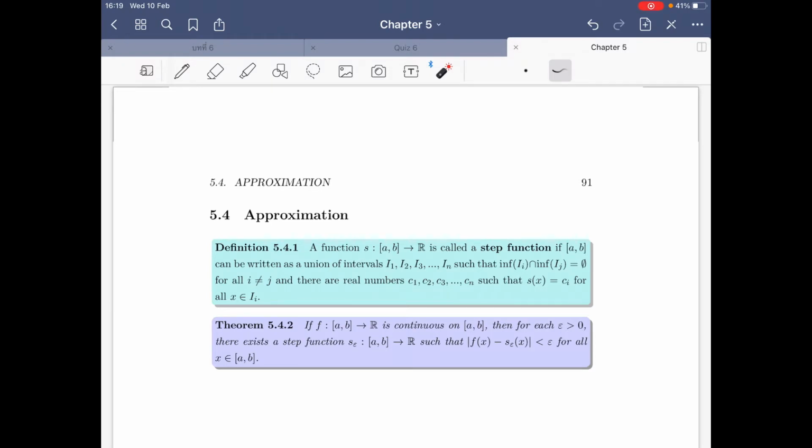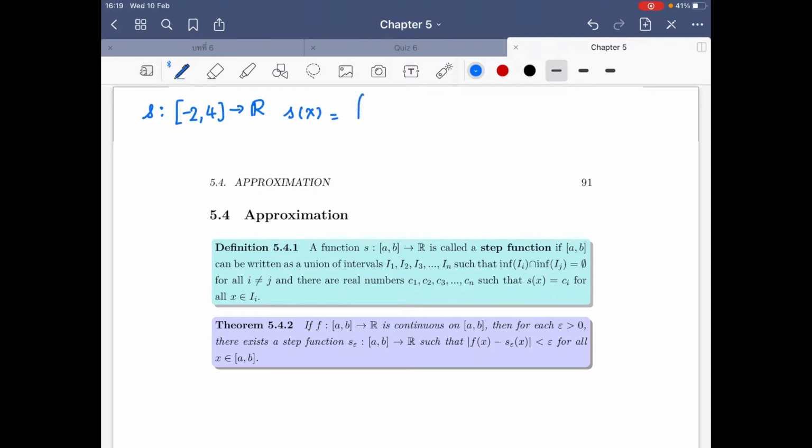And there are real numbers c1 up to cn such that the function value on each interval equals that constant ci. So for example, your s can be a function from [-2, 4] to the real numbers R, where